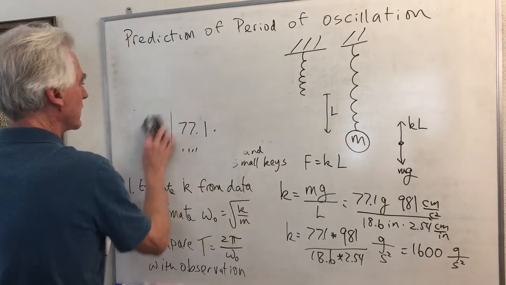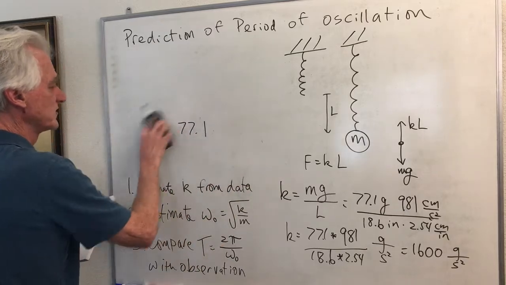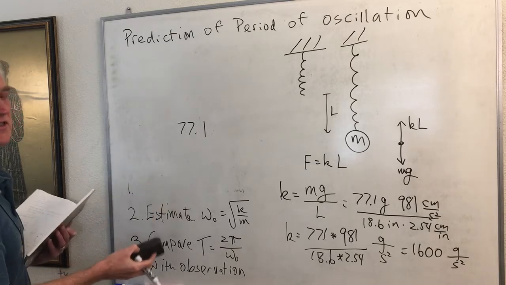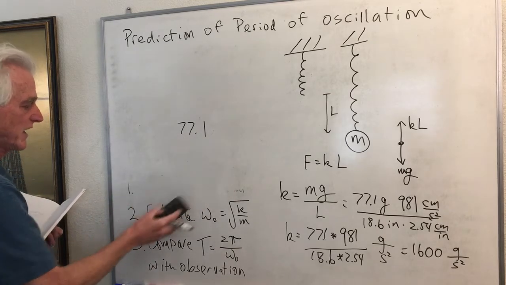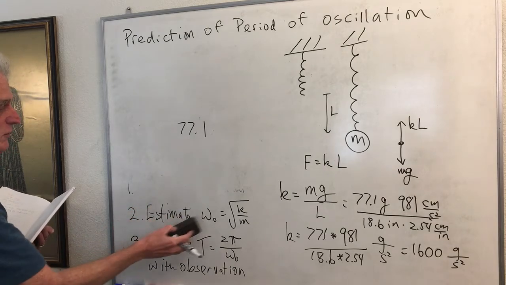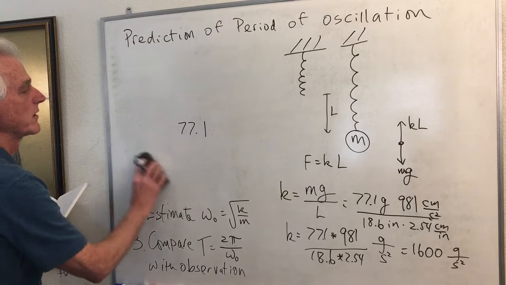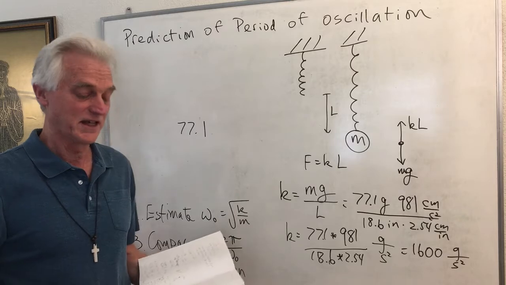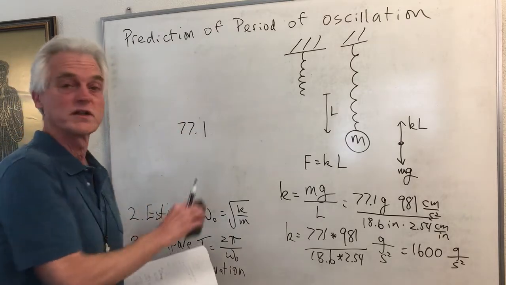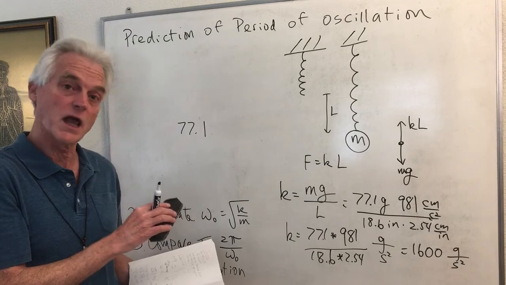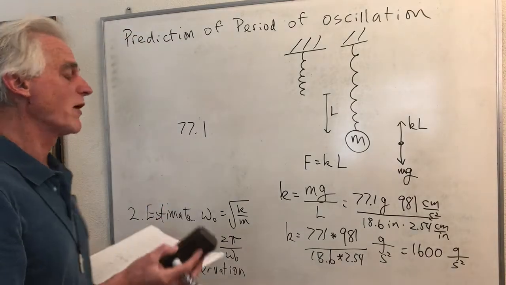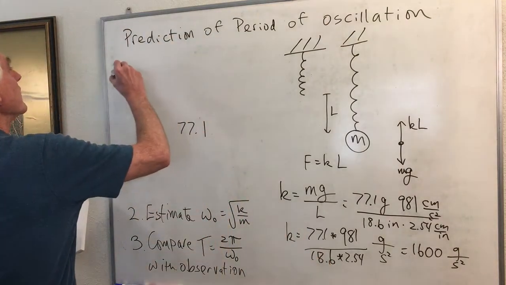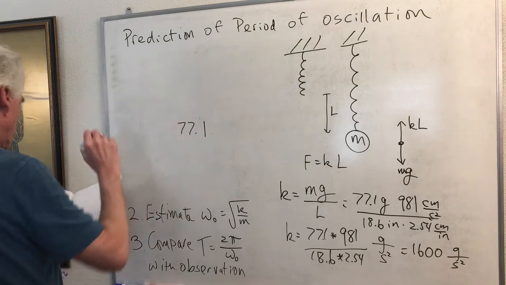Except for this is, remember the mass of the hand sanitizer plus the large key. So actually I've estimated K, and now I'm going to estimate omega naught, which is the square root of K over M. So I was surprised by two things when I analyzed the data from yesterday. One is how nicely these four data points were on a line. And then second is I realized, oh, I neglected the mass of the spring and I should have put it in. Okay? So the mass of the